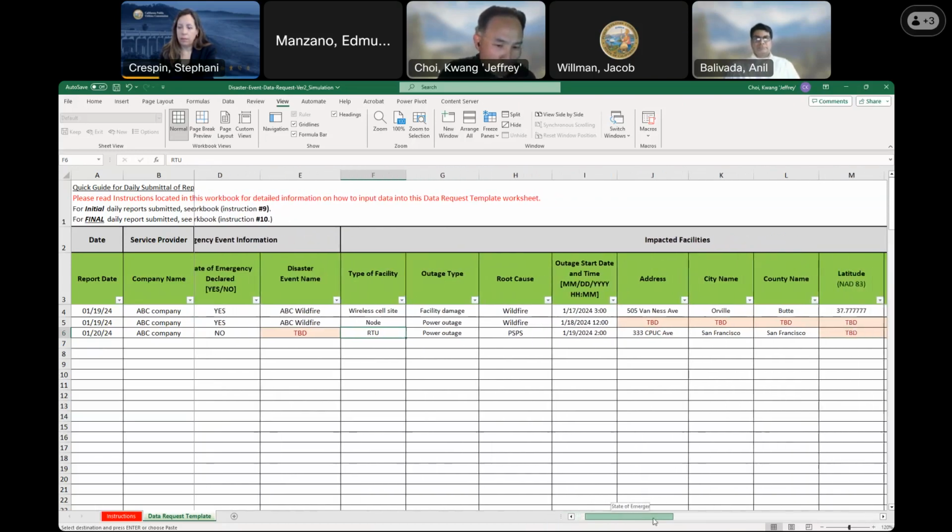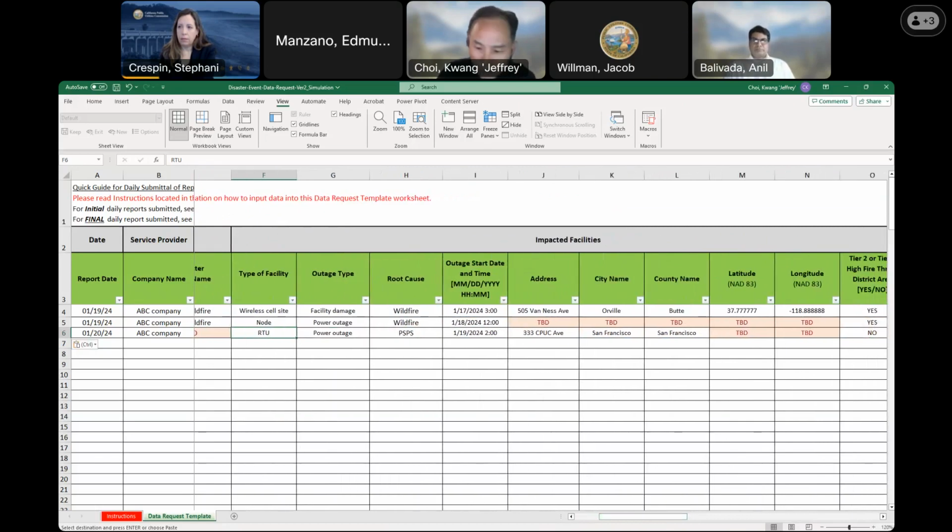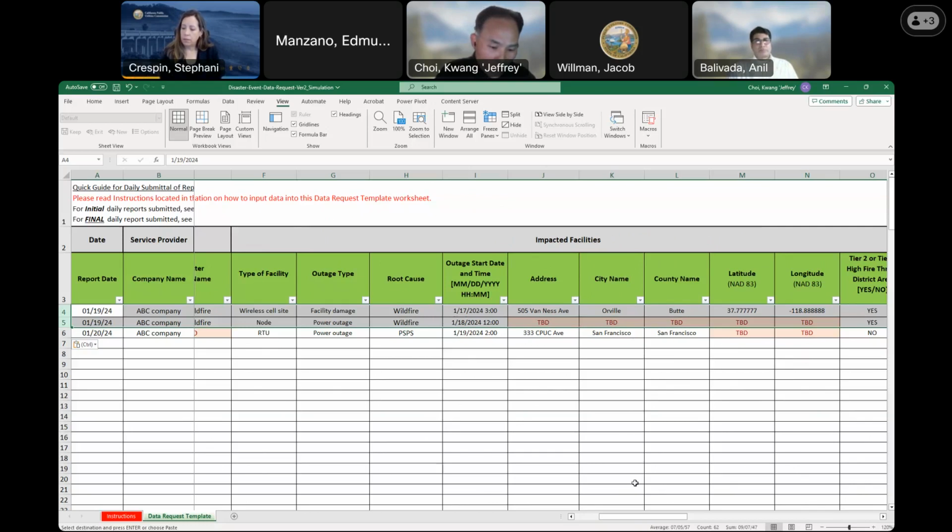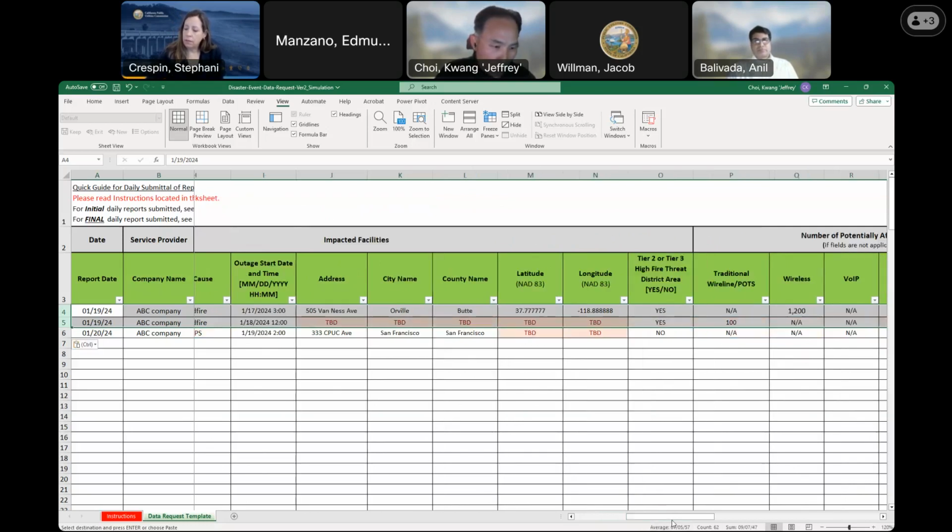But before sending this one, also if there are any updates you didn't know about the 2 facilities that you reported on day 1, which means these 2 rows, maybe you can fill them in, and then just change it from TBD to the actual data. Let me show you.